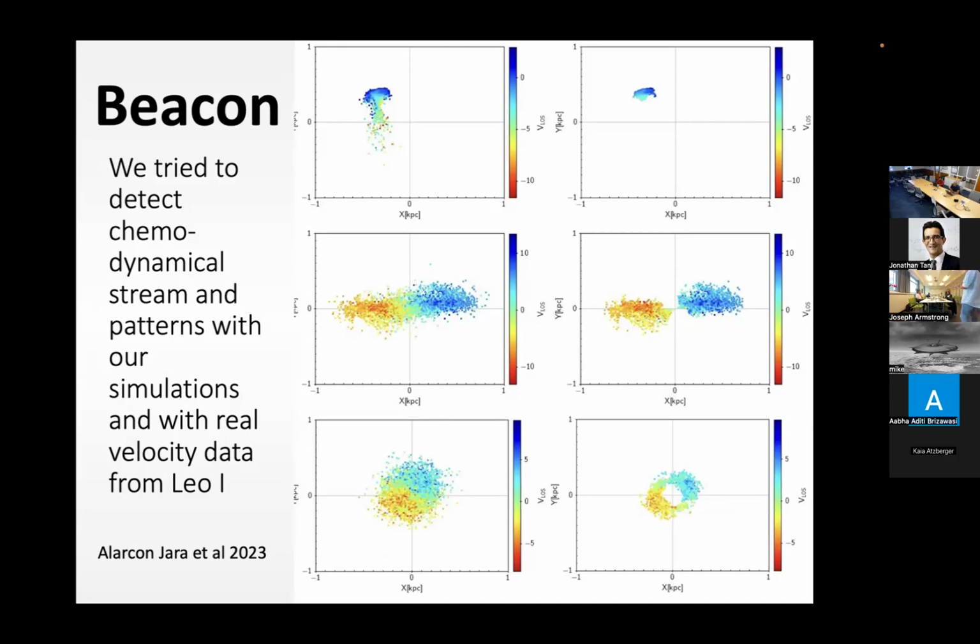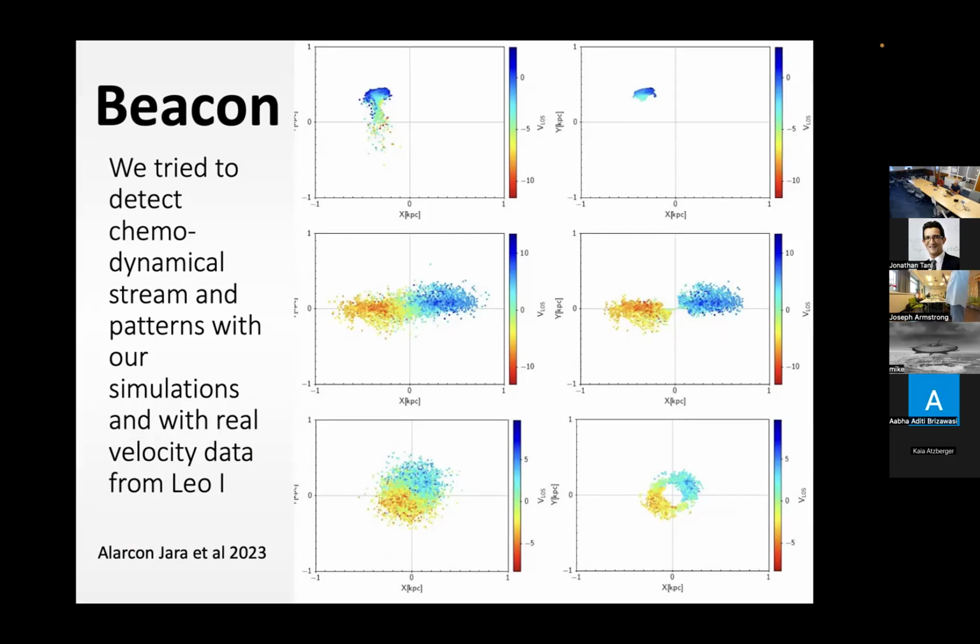My student had almost 1,000 radial velocities in Leo 1, and he got access to a code which looks for stellar streams or remnant rotation in radial velocity data. It looks for groups of stars which have more or less the same position and more or less the same radial velocity. And you can even add that they need to have more or less the same metallicity,